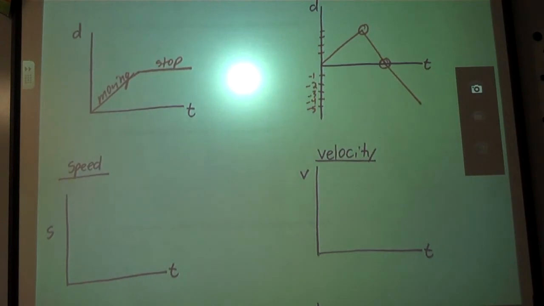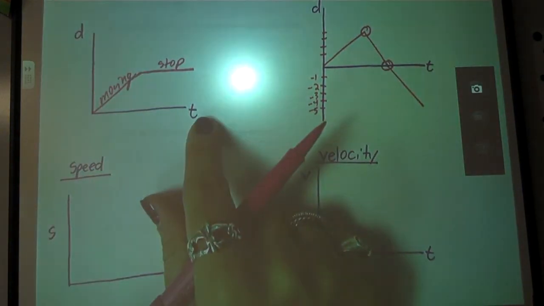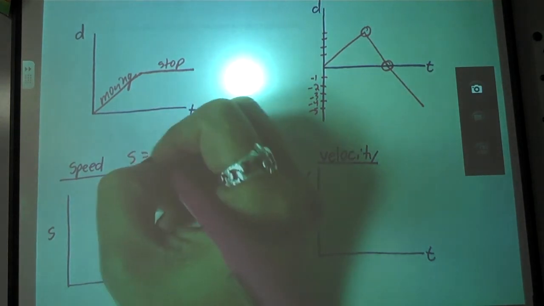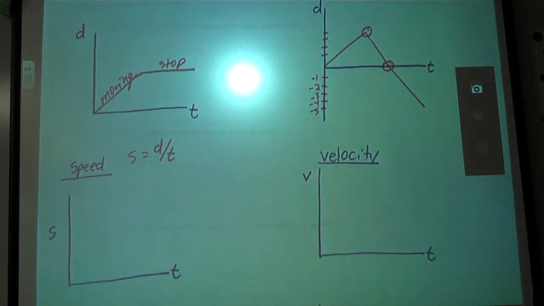Now that we've talked about moving a particular displacement over a particular time, it only stands to reason that we should begin talking about speed and velocity. So when we are going a particular distance in a particular amount of time, we are talking about speed. Speed is just how fast are you going. This is what the speedometer reads on your car. How many miles are you traveling over a given amount of time? So once again, speed does not include a direction. Since we are using distance, not displacement, this is cumulative. How far did you go? How long did it take? If you are cruising along the highway,